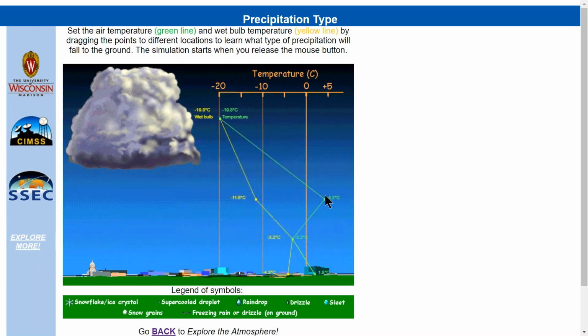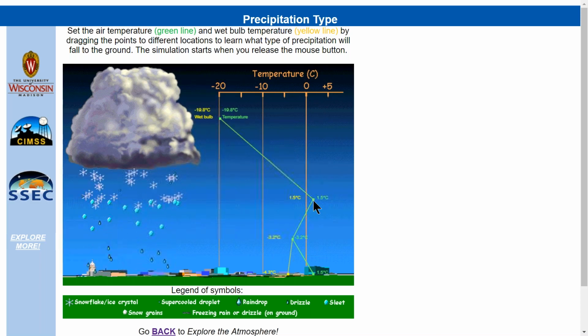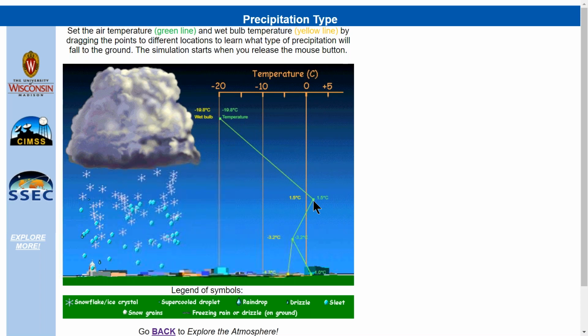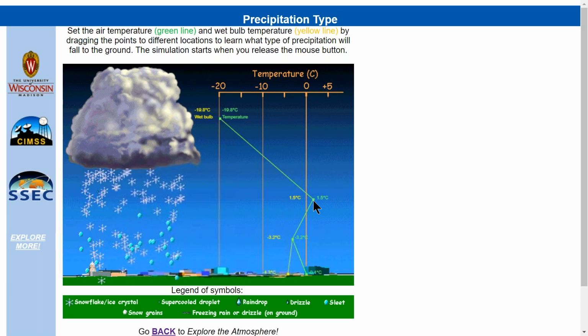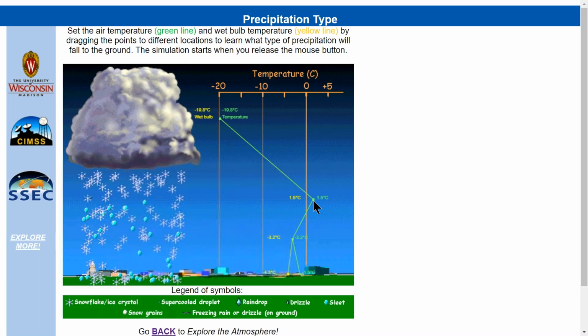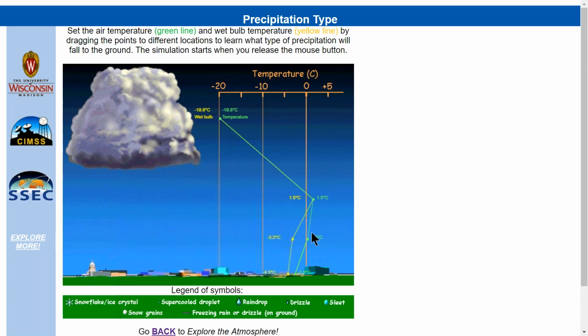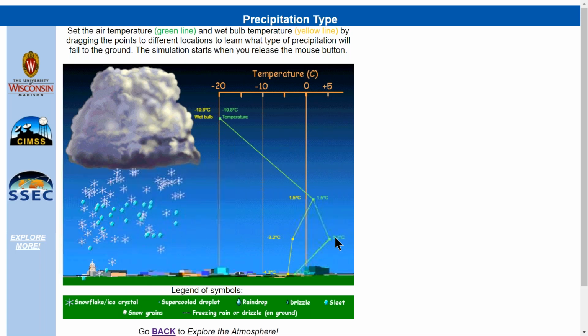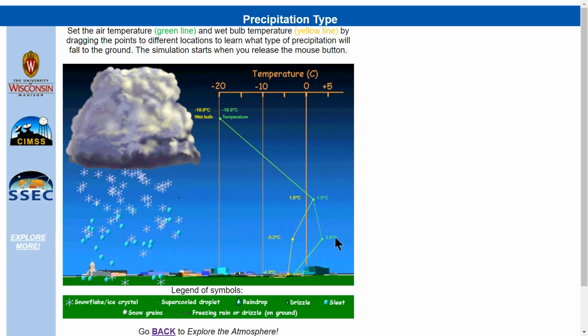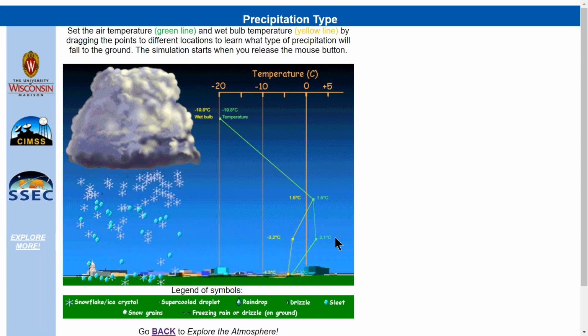If I change the mid-level, and I'll change both the temperature and the wet bulb temperature here, what happens is as the crystals fall, they turn into liquid, but then that part of the air gets cold enough so that you get sleet in the middle part of the atmosphere. Again, this allows you to experiment and play and learn the types of conditions that are involved in the types of precipitation that you see on the ground.